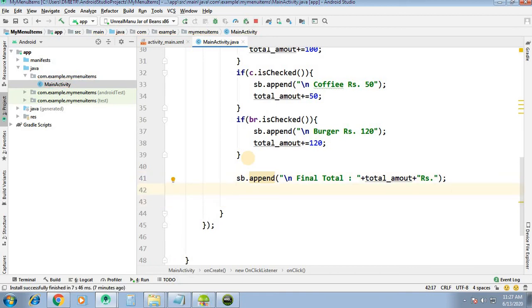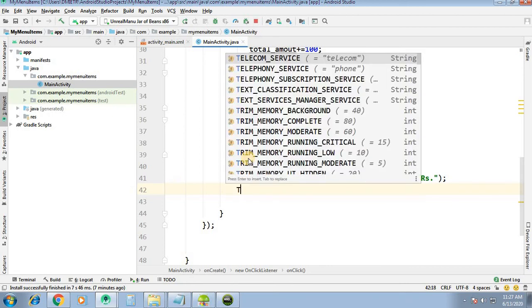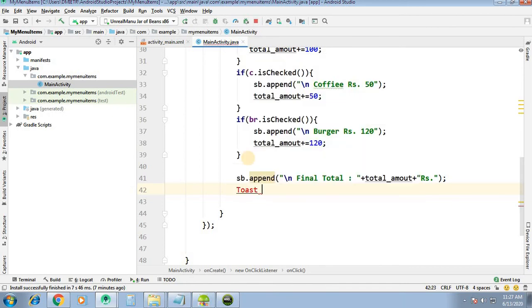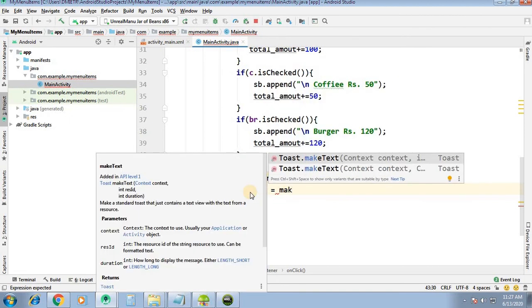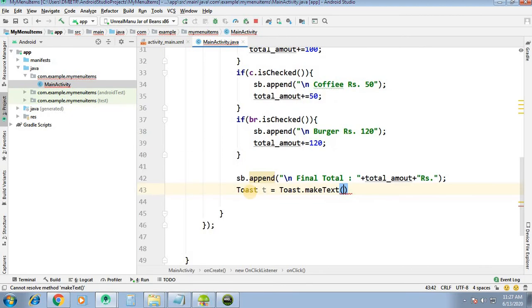So we will display the message in a toast. We will import toast. Toast t equal to Toast dot make text, get application context. The message is what?